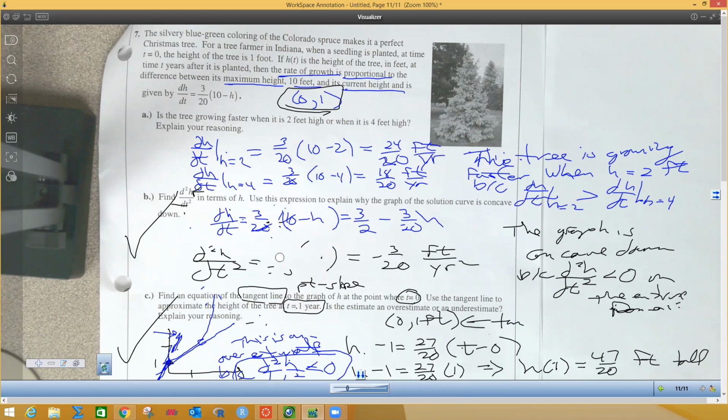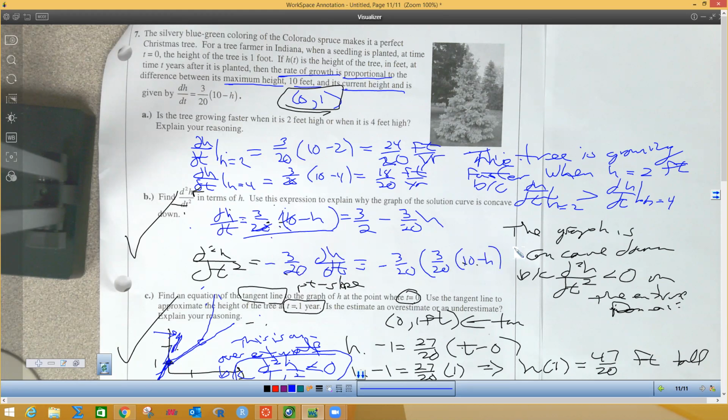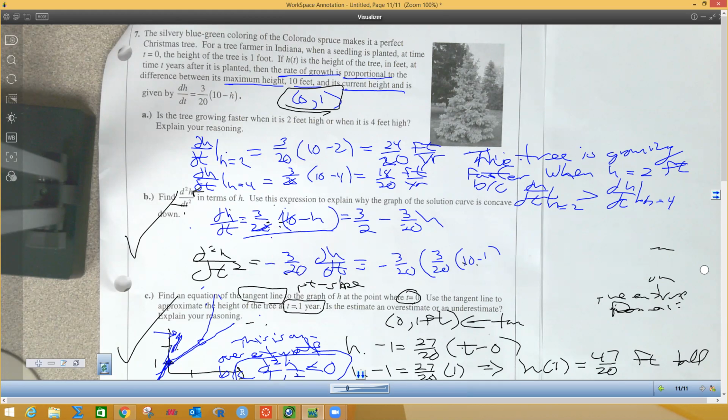So when I did the second derivative of h with respect to t, again, the derivative of 3/2 is 0, but the derivative of this thing would have been negative 3/20 dH/dt instead of just the negative 3/20. Then dH/dt, of course, is this thing right here. So this is negative 3/20 times 3/20 times 10 minus h, which would have ended up giving us negative 9/400